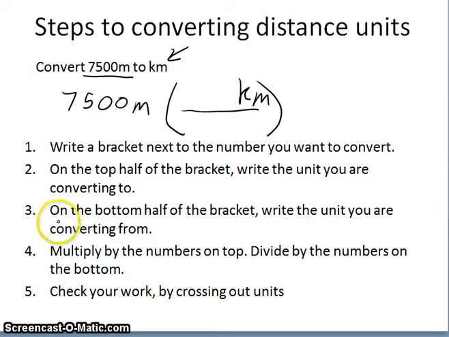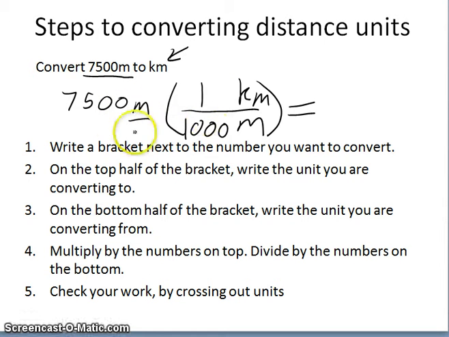And I now need to write on the bottom half of the bracket the unit that I'm converting from. So I'm converting from meters. I can find that right there. Okay. I know that from what we know on the previous slide, there's 1,000 meters in 1 kilometer. Okay. Now we're ready to multiply and divide. So I'm going to multiply all the numbers on the top. So 7,500 times 1, and I'm going to divide all the numbers on the bottom. So 7,500 times 1 divided by 1,000, I put that into my calculator and I get